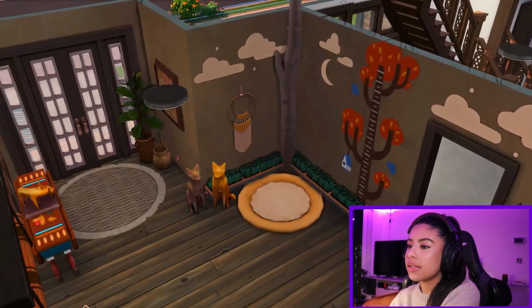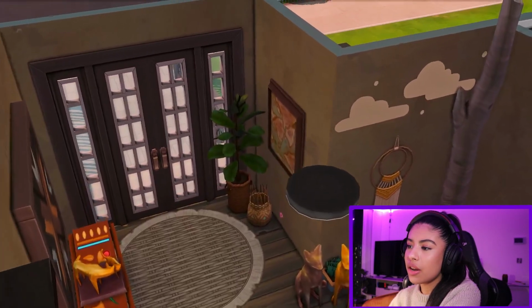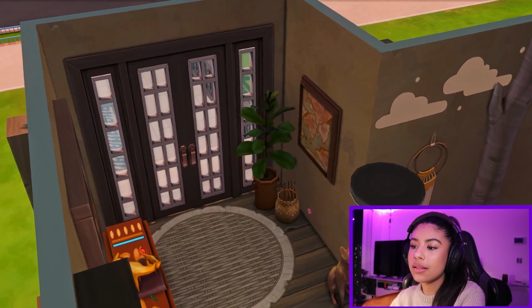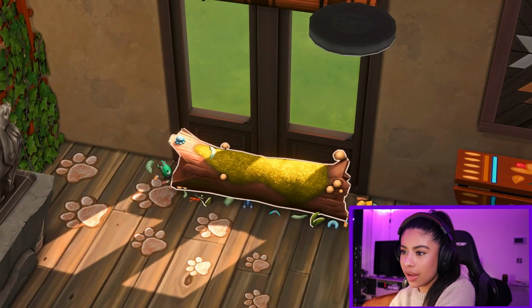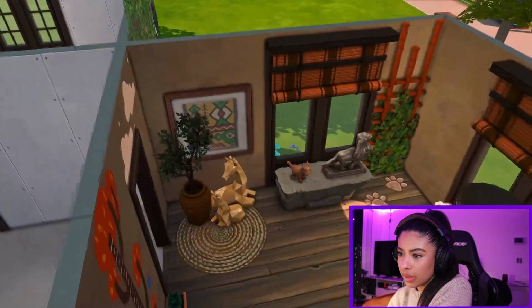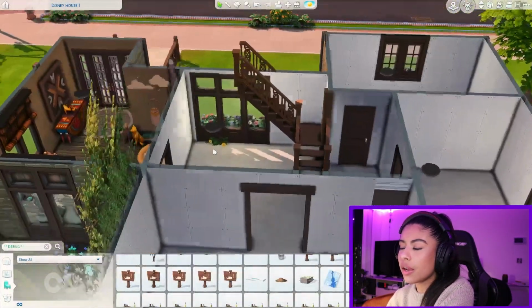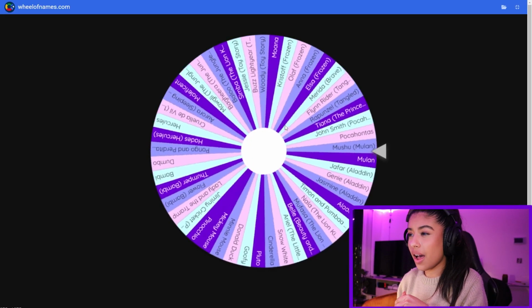So we have in this corner Simba's bed sleep area. We have this little entranceway with the wicker baskets, my favorite little grub area, and then we also have these little footprints which I'm obsessed with, and then that's about it. So now let's move on to this second hallway. We're going to have